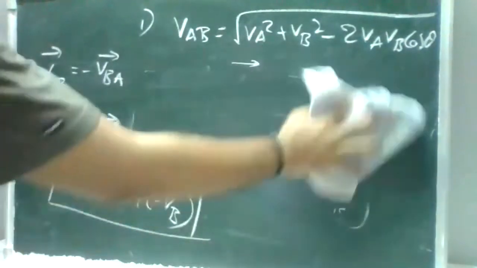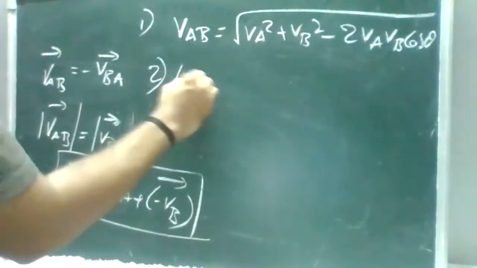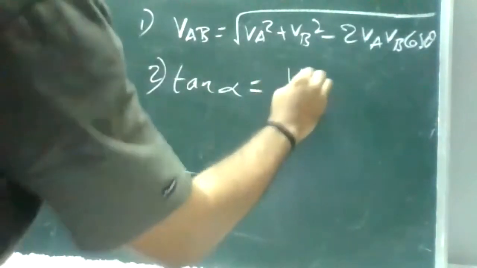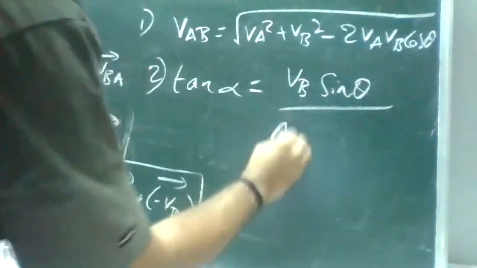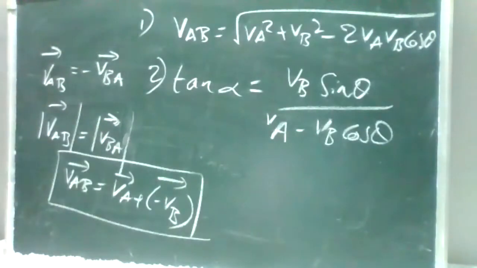So next relation, for the direction we discuss tan alpha. Same thing. Here the second one, tan alpha is equal to, what we discussed as B sin theta by A plus B cos theta, but here instead of B, it is VB sin theta by VA minus VB cos theta. Always remember velocities are in meter per second, so units must also match. These are your two relations, and I am discussing both traveling in the same direction with respect to A and B. Note this formula, then we'll do one problem.